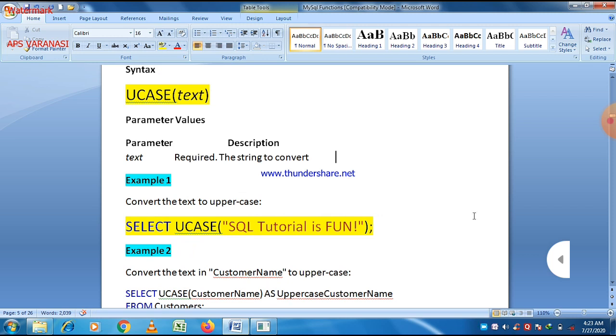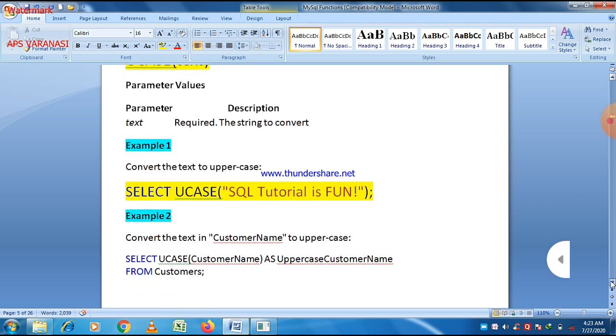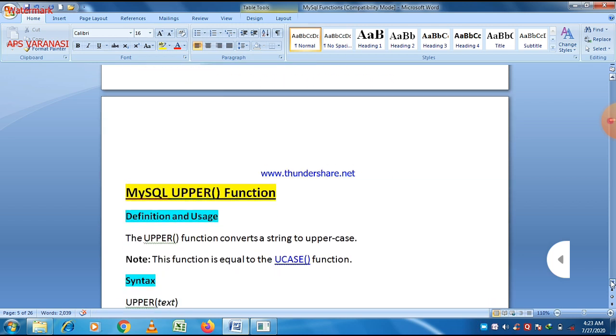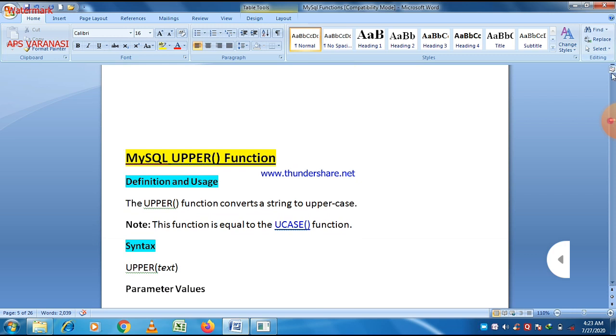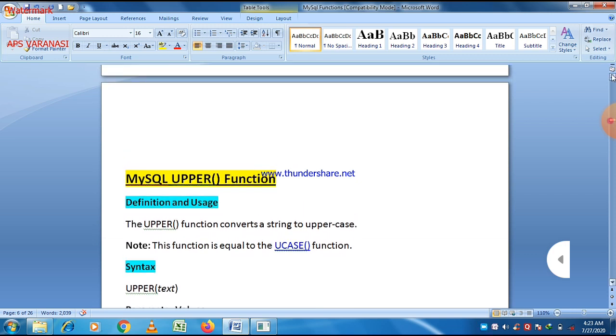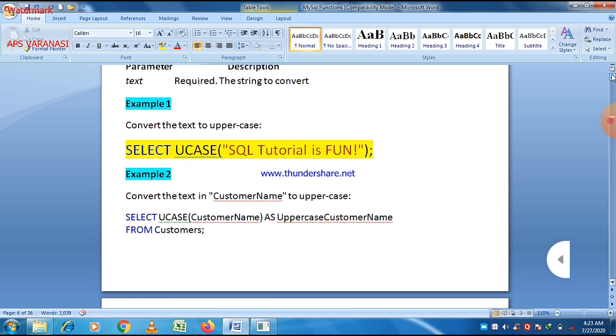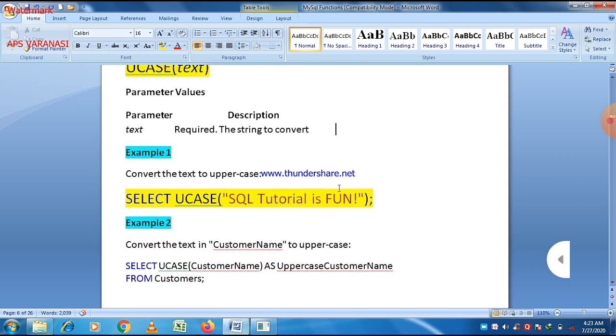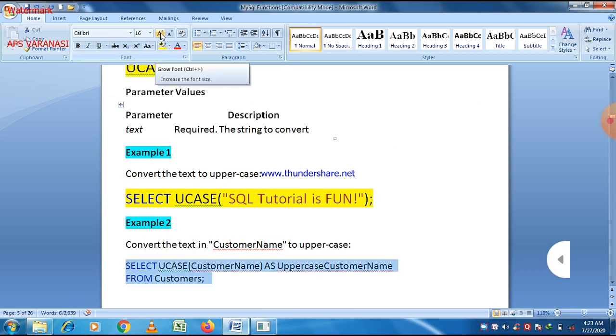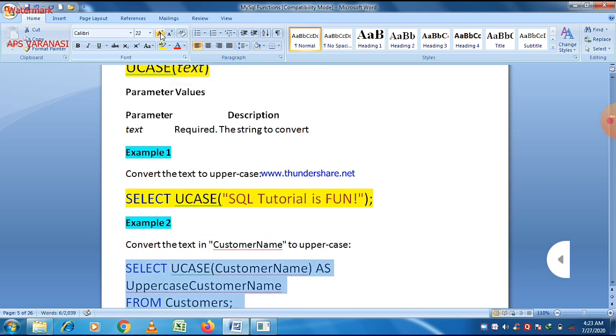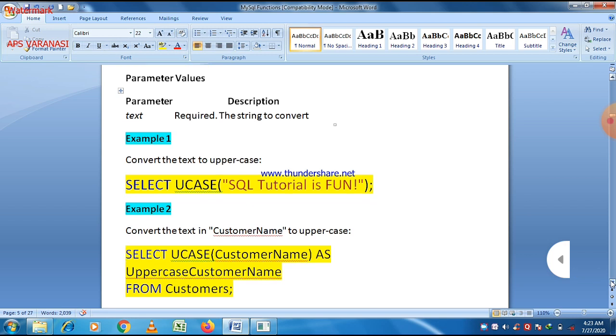And here there is a small example: select UCASE SQL tutorial is fun, and in this you can easily see that some letters are in capital letters, some are in uppercase, some are in lowercase. So if you want to put all these characters in lowercase, it is possible, and if you want to put them in uppercase, it is also possible. For that purpose UCASE and LCASE are there. UCASE is used for uppercase and LCASE is used for lowercase.